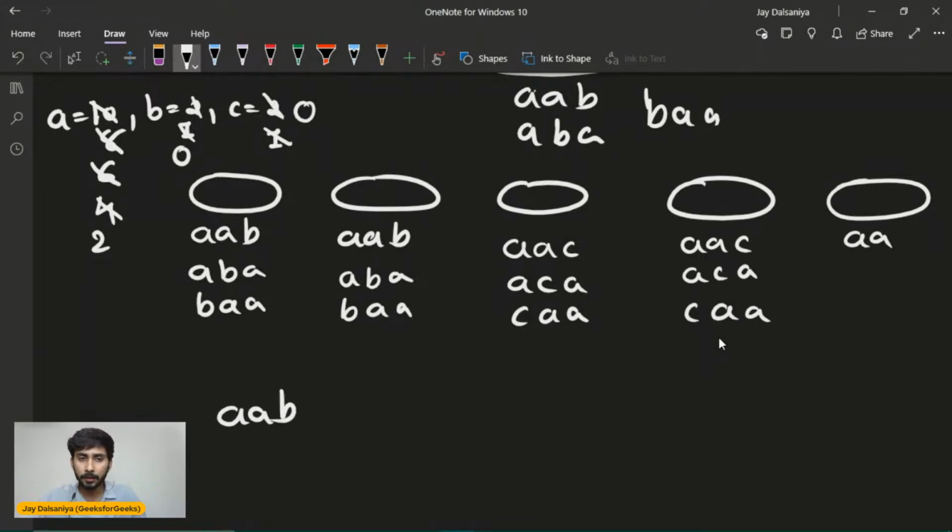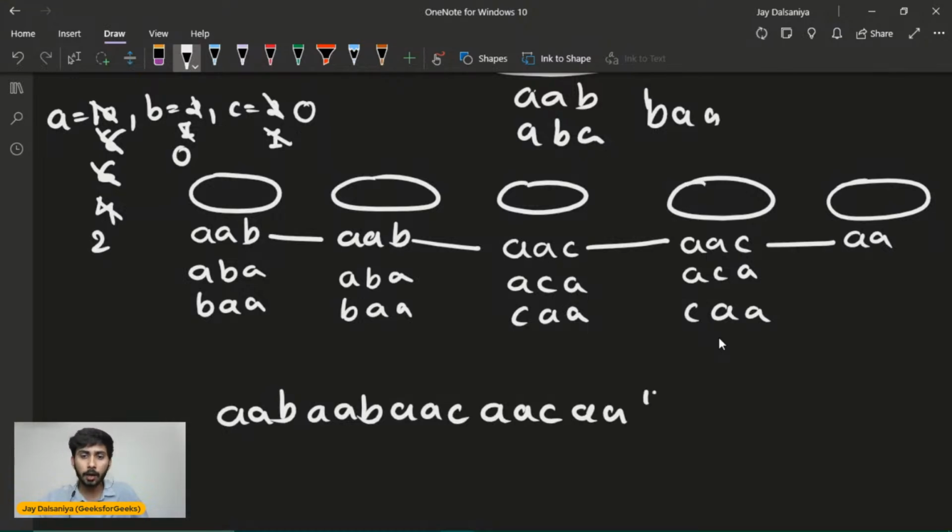AA, then I will be placing B, then over here again I will be taking AAB. I can take AAB, right? So now again what I will be doing, I will be taking AAC. AAC, okay. So again what I can do, I can take again AAC, AAC. And now for the last one, double A. So now here I can see for this, there are no consecutive triplets or no consecutive 3 characters of the same type.